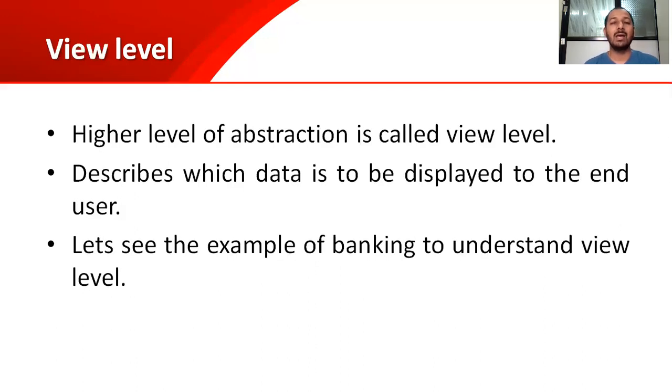Now, let us come to the last person in the bank, who is the most important, that is the bank manager. The bank manager has access to everything. He can print the passbook, he can do whatever the cashier is doing, he can do everything because all the data of the customer is visible to the manager. So he is the highest level in the hierarchy. So view level indicates what is to be displayed to the end user depending on his rights, depending on his needs.